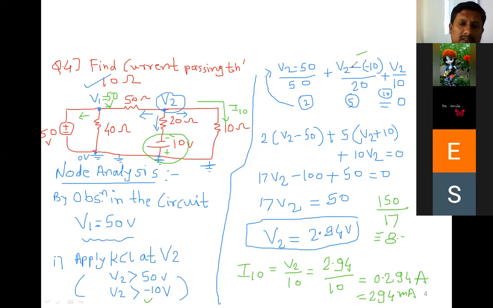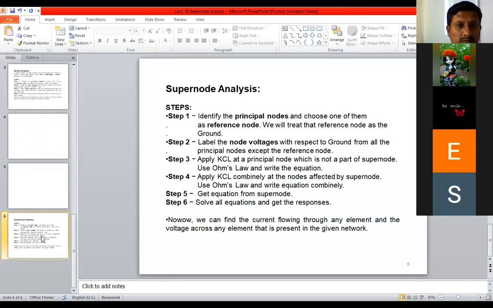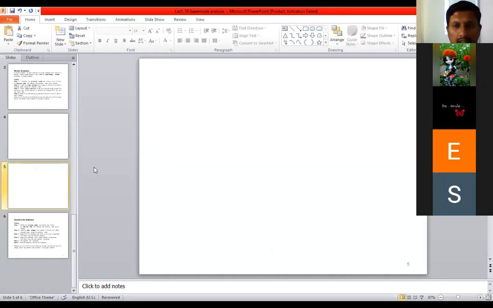So these two mistakes the students generally make in such a typical example. Everyone understood now? Any questions? Yes or no? So that I can move towards the next point, that is the supernode analysis. Okay? Before this supernode analysis, I will give one example of why we are going to learn the supernode analysis, and then we can discuss the supernode analysis.